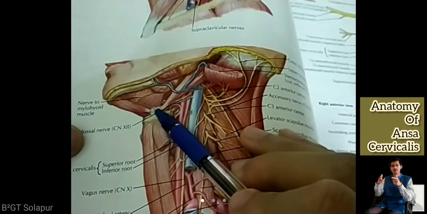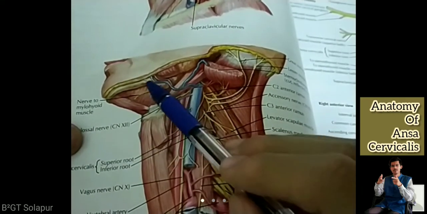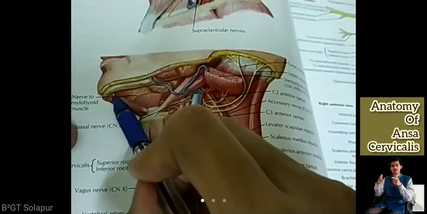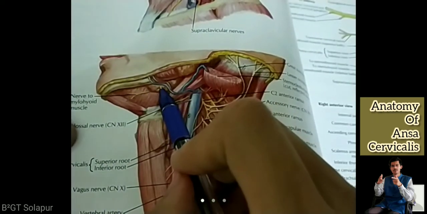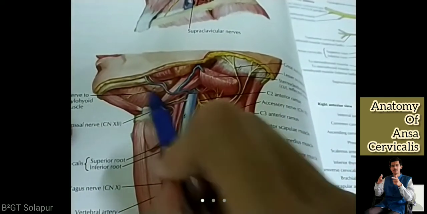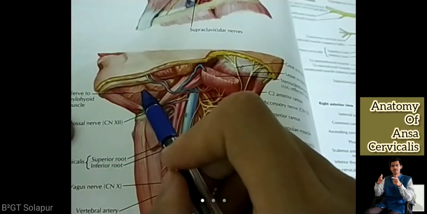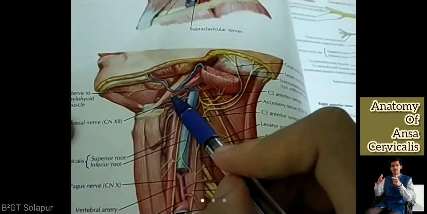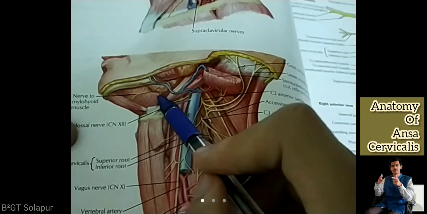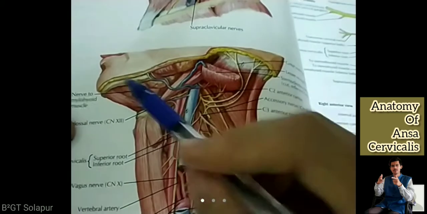On either side you have the mylohyoid. Not this one. Not this one. This is the digastric muscle, anterior belly. Okay, can you see this? I am again showing. Can you see this triangular part? Can you see this? This is the mylohyoid muscle. This is the submandibular gland. Okay, can you see this round structure? Submandibular gland. So this triangular structure is the mylohyoid muscle. It is the oral diaphragm. Above it are all the muscles of the tongue and so on. So this hypoglossal is the muscle nerve. Hypoglossal nerve is going behind this mylohyoid, and it will go and pierce genioglossus. We will discuss the hypoglossal nerve in detail in the next coming lectures.